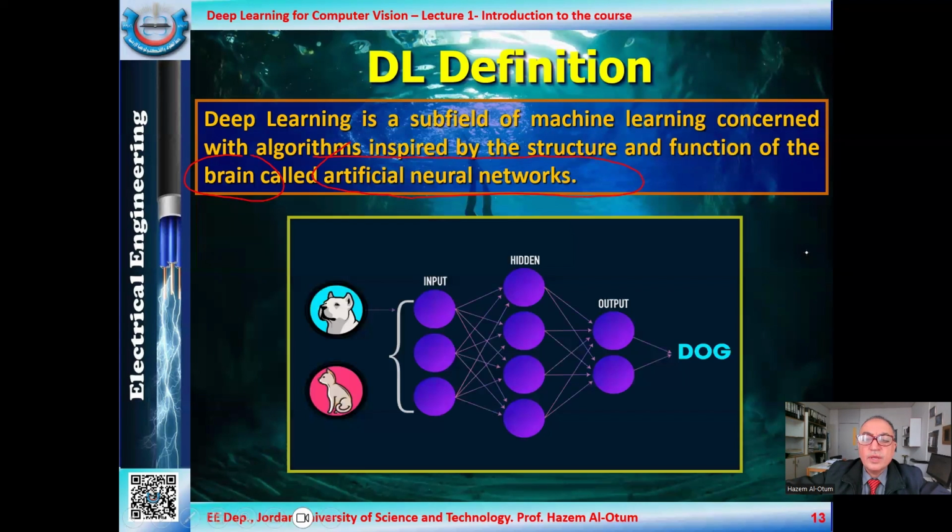The list of applications is very long. However, let's go to another application. Here we have a classification system, or deep learning system. We have different animals as input, like dogs and cats, and we feed them to the deep learning system. The system has been tested, for sure.